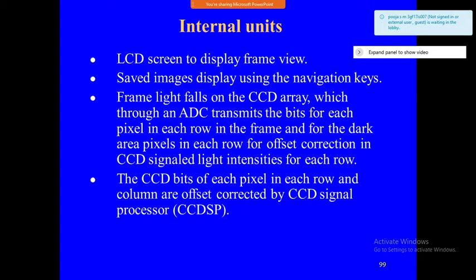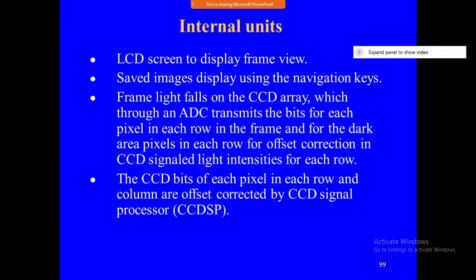Through an ADC, it transmits the bits for each pixel in each row in the frame, serially. And for the dark area pixels in each row, it sends data for offset correction. Like this, it gets the data of the picture.